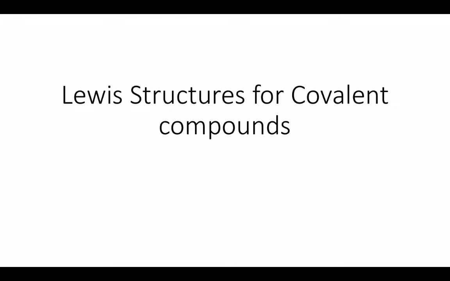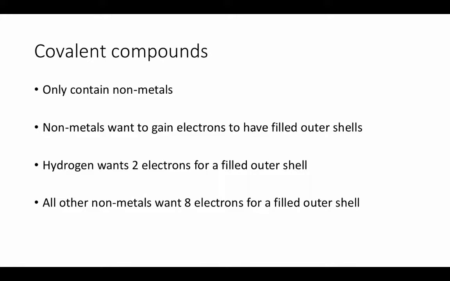Hi students, so I've had some questions about Lewis structures for covalent compounds and ionic compounds, and I can see there's a bit of confusion on how to do these. So I'm making this video for covalent compounds and Lewis structures, and I'm going to give another one for ionic compounds as well. So remember, covalent compounds only contain nonmetals. That means that if you see a formula with two nonmetals, it's going to have covalent bonding, and the Lewis